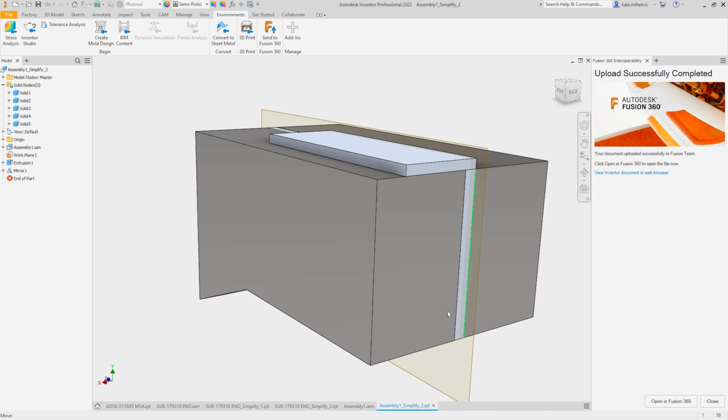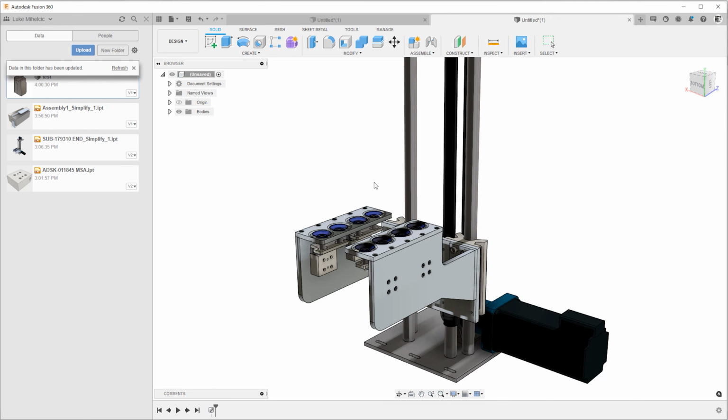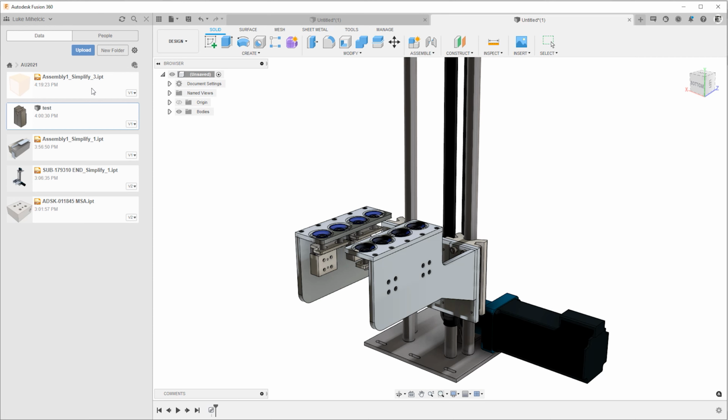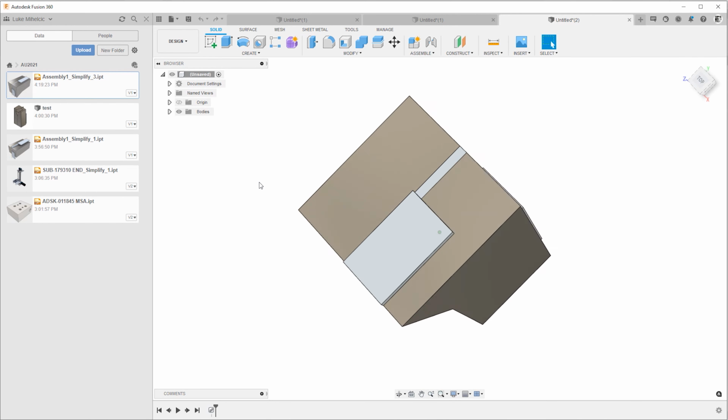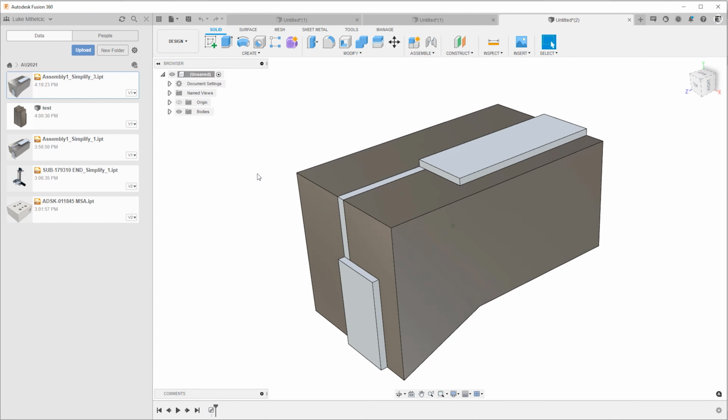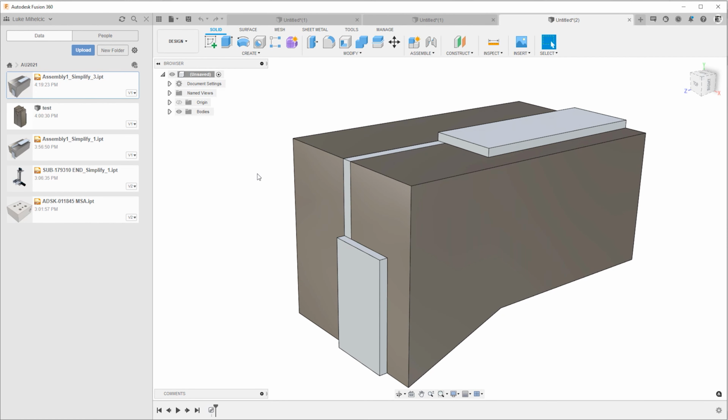And inside of Fusion 360, I should have a part in a few moments. It's actually a rather simplified component. And let's open that up. I'm not going to walk you through the complete process for setting up a generative design study, but essentially what we did was we created what we needed for the study inside of Inventor first. So we'll switch over to our generative design environment.